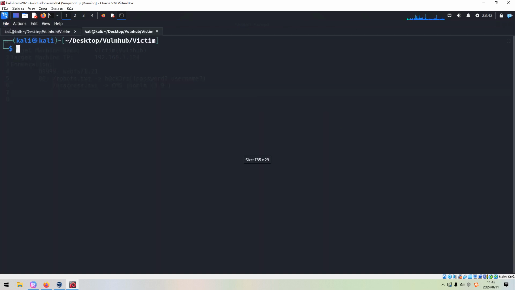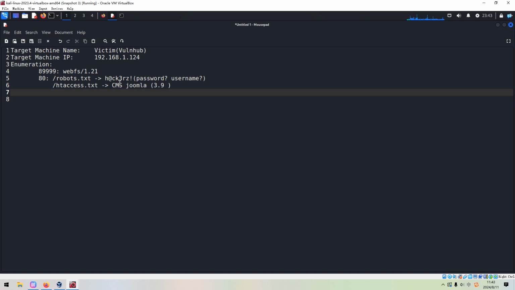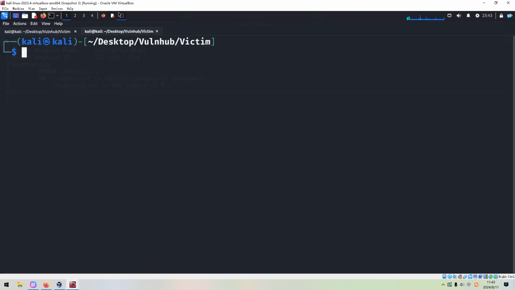Make the font bigger, so you can see what's going on exactly. So next, I think we can use searchsploit to see whether we can find a vulnerability or exploit for this version of Joomla. So we can use searchsploit, and this should be the Joomla.